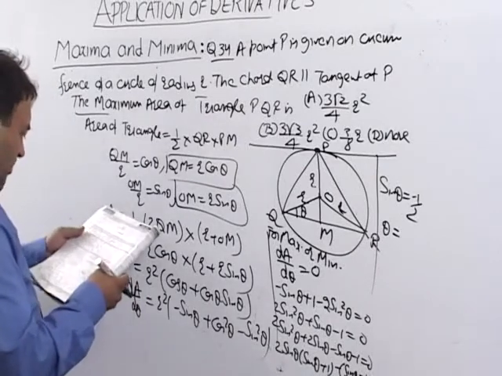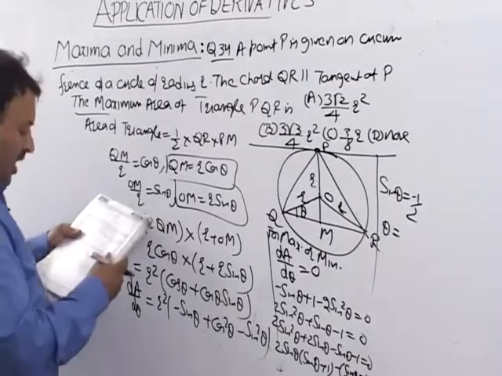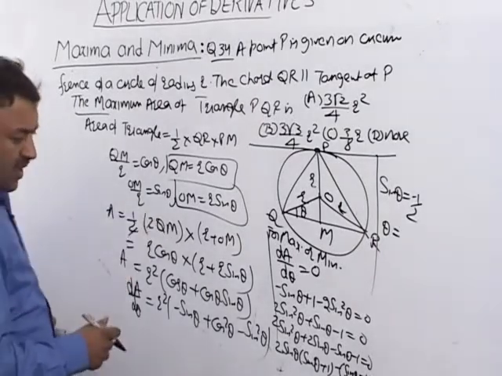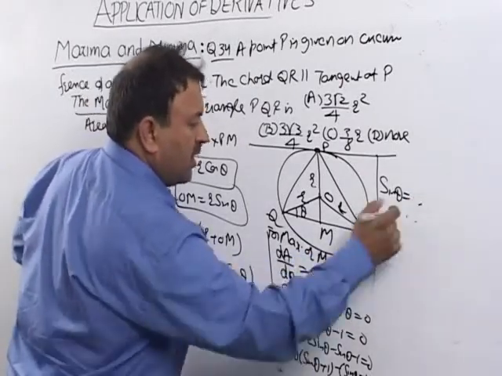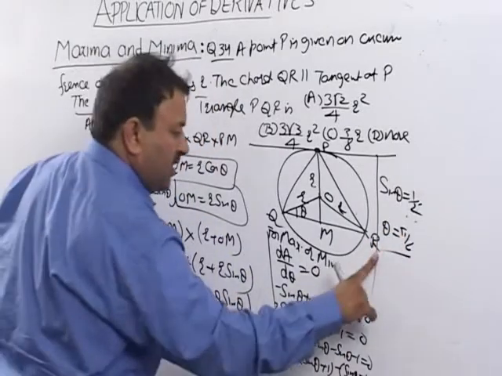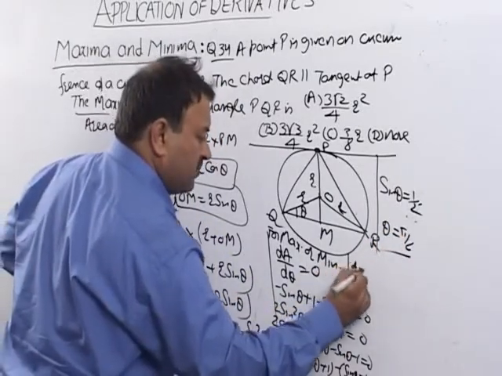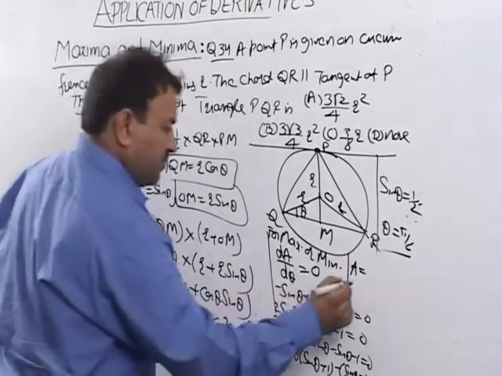We can find out the cos theta also from here. Wait a minute, we are checking, sin theta is equal to plus half. Here sin theta is equal to half, theta is equal to pi by 6. So area is equal to what? I can say area is equal to r square